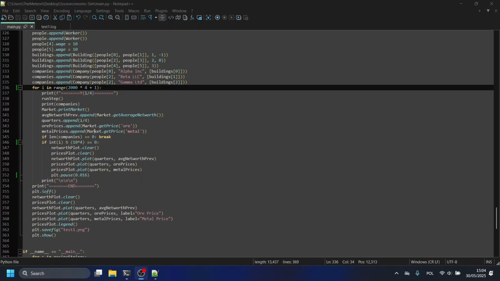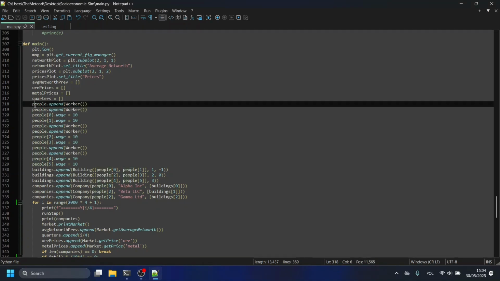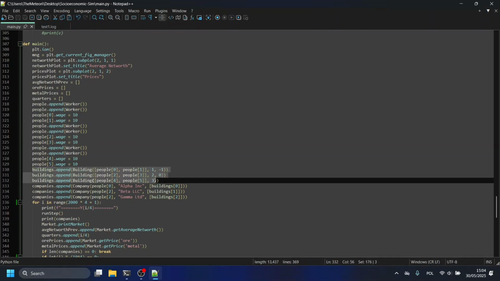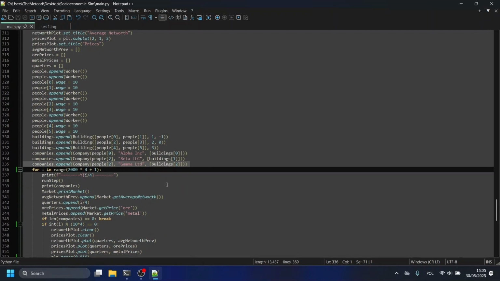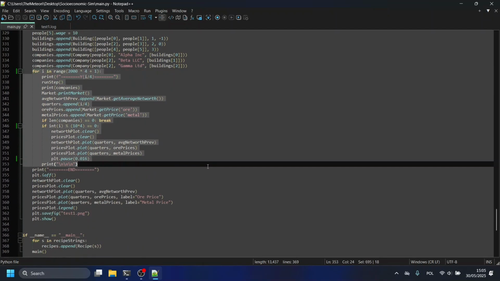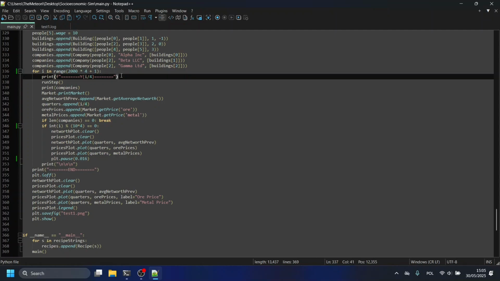Here is the main function that initializes all of the arrays that are necessary. So it creates all the people, creates all the buildings, and creates the three main companies that fight for resources and money, basically. Well, they don't really fight considering they're all part of the same chain. However, oftentimes it does end up that one of these companies falls and sometimes even pulls the entire economy down with it. So this for loop loops over the 2000 years I have defined here,